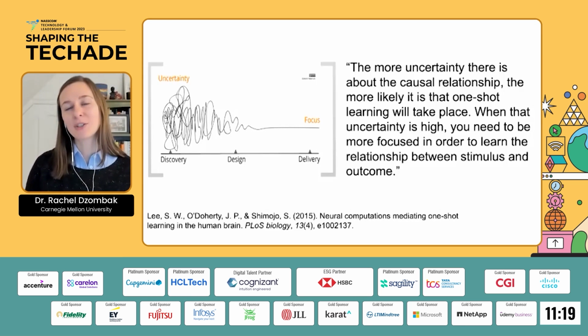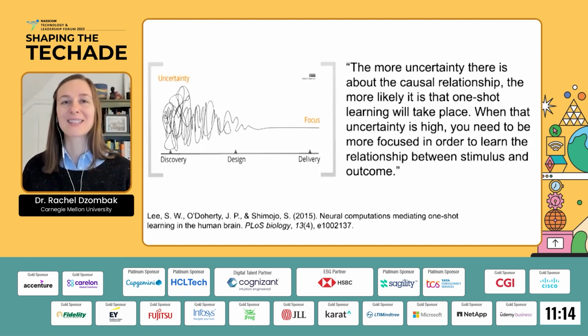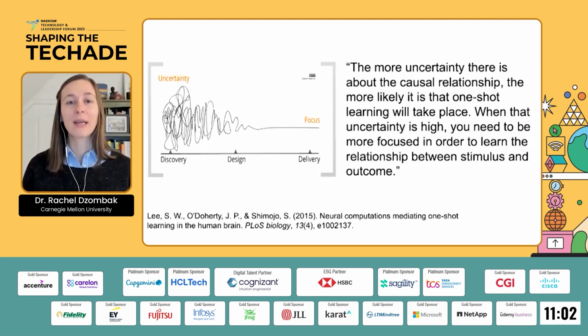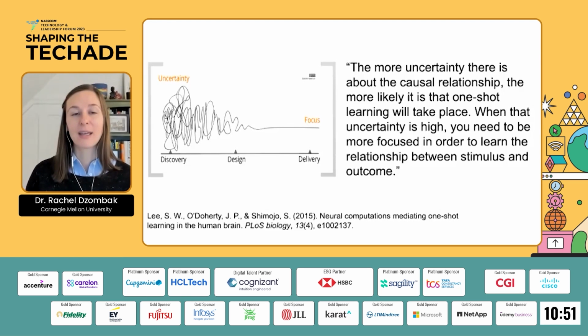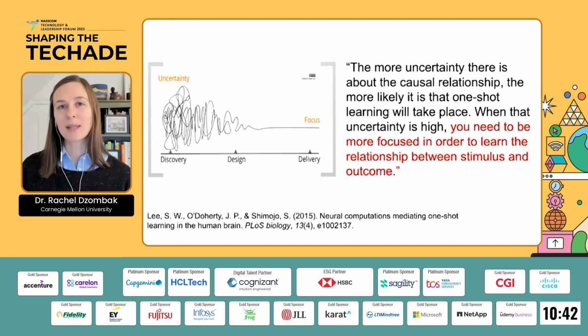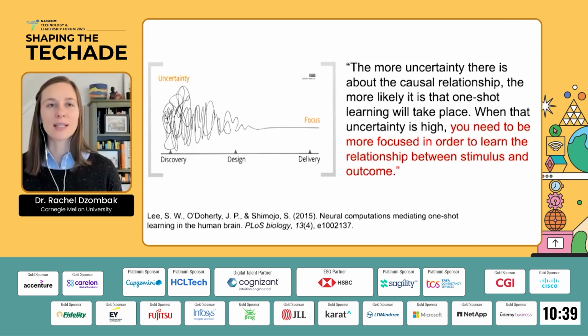But what neurological research has shown is that when uncertainty is high, we as human beings move out of our process of incremental learning, and instead we jump into what's known as one-shot learning. And that's based on our survival instincts. We're trying to make sense of situations that feel uncomfortable very quickly. And in those situations, we're often drawing conclusions, which might be based less on what we're actually seeing and more on just trying to figure out the solution very quickly. And so when uncertainty is high and we're in this one-shot learning mode, we need to pay a lot of attention to what happens between the stimulus and outcome in order to learn, in order to do sense-making well.